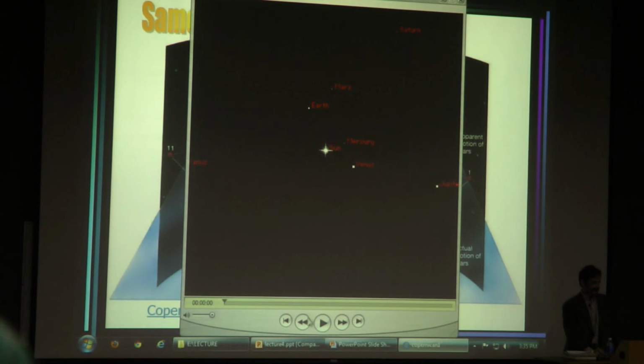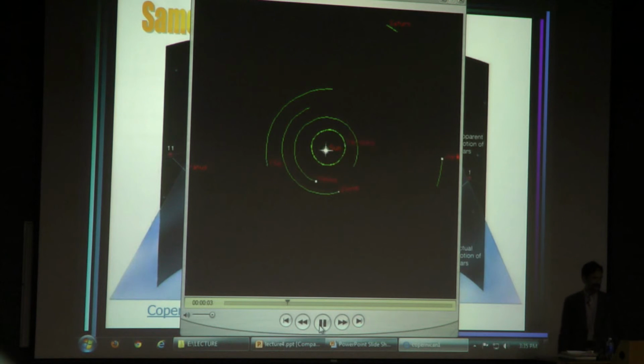So this is a little animation that just shows what's really going on. This is what we call the Copernican universe model, which comes after the Earth-centered model that we're going to talk about just after. But again, this is what's really going on. We have the sun at the center. We have the planets executing these orbits around the sun. And you can actually see that